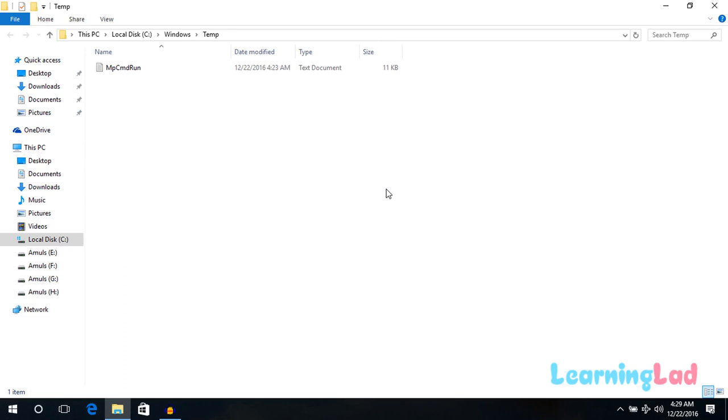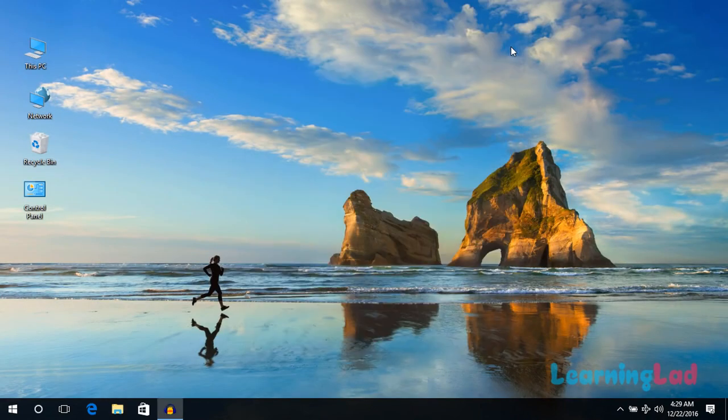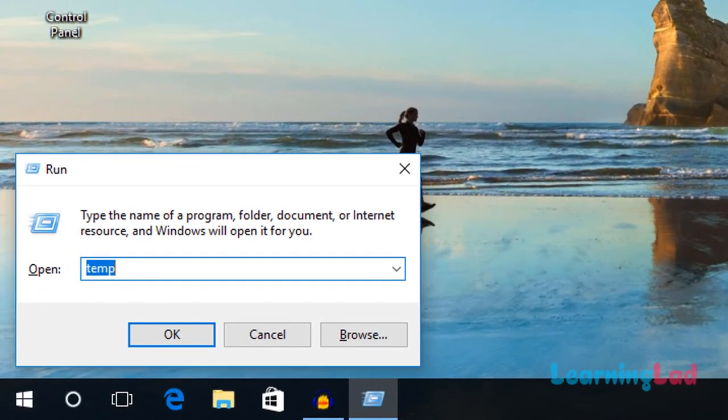And here you guys can see I don't have a lot of temporary files because I just cleaned it before this tutorial. That's why you can see less number of files here. In your computer you guys may find more files and folders. Select all of them and delete them. So once you delete that, close the folder and again open up the run, and this time type in